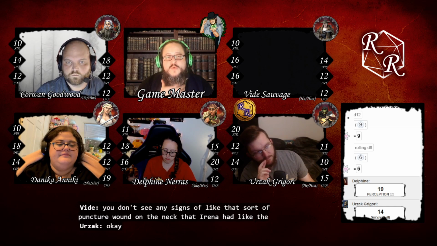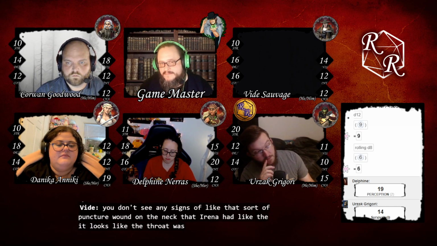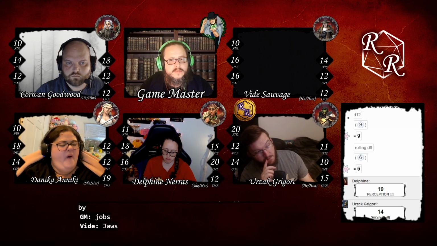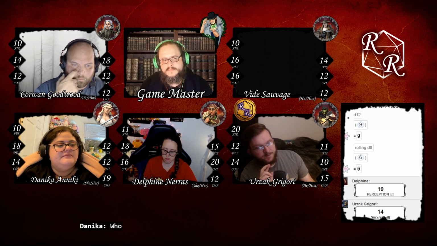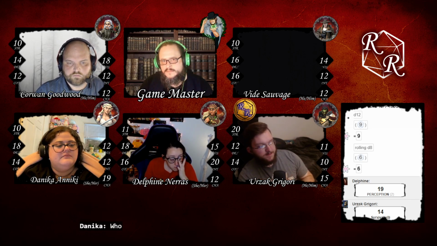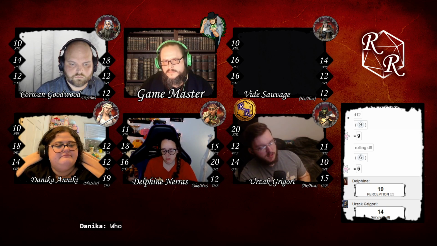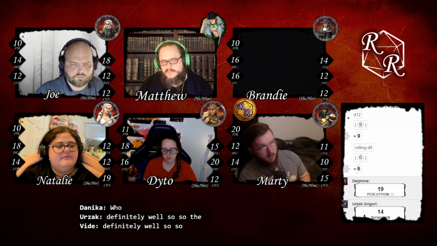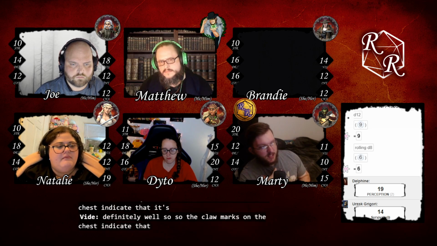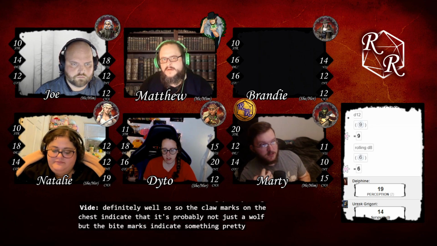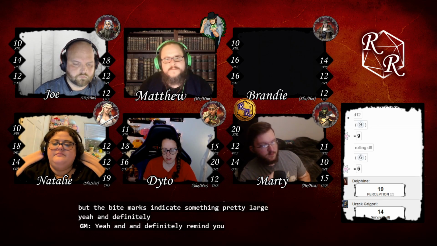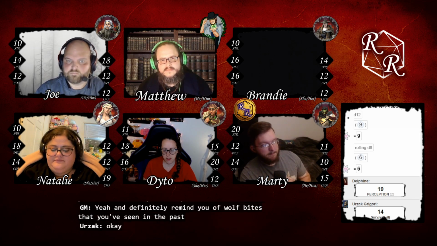It looks like the throat was literally ripped out by jaws. Okay. Definitely. So the claw marks on the chest indicate that it's probably not just a wolf, but the bite marks indicate something pretty large. Yeah, and definitely reminds you of wolf bites that you've seen in the past. Okay. But bigger.